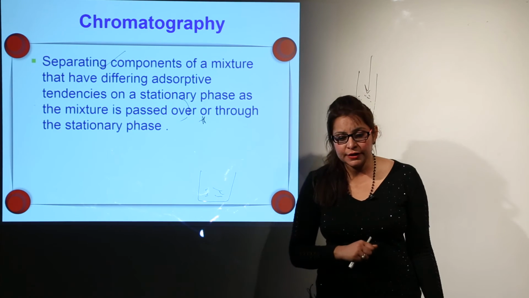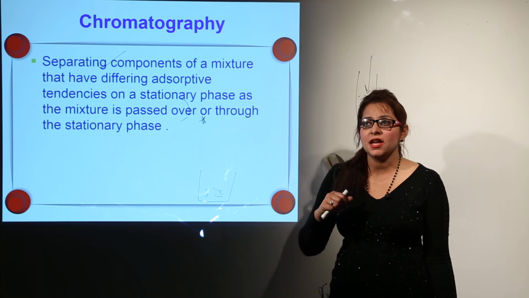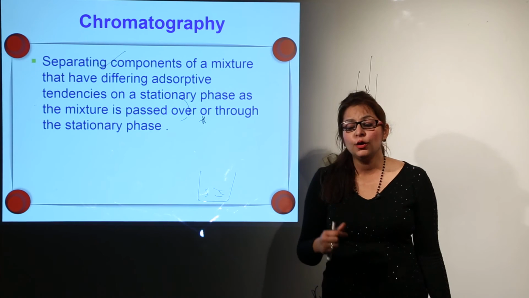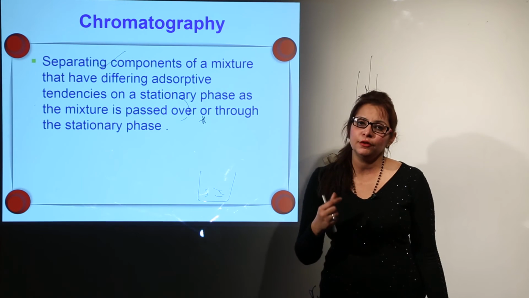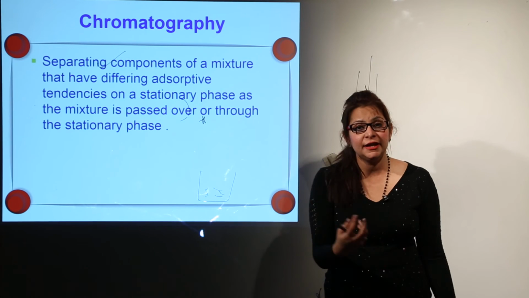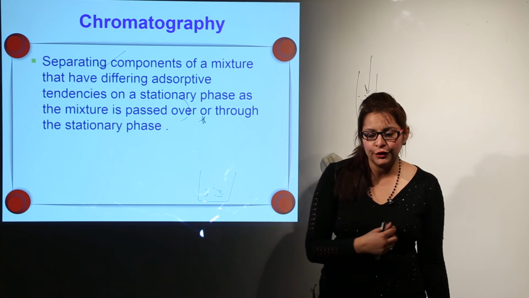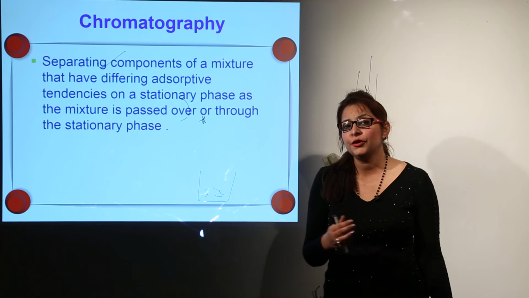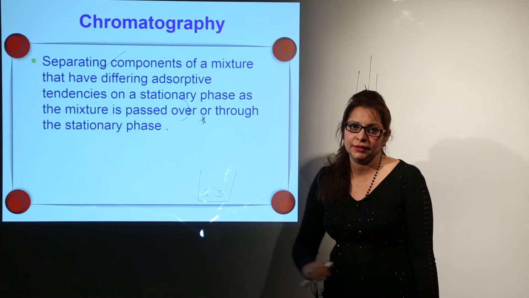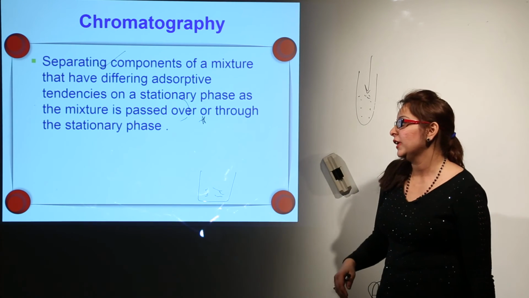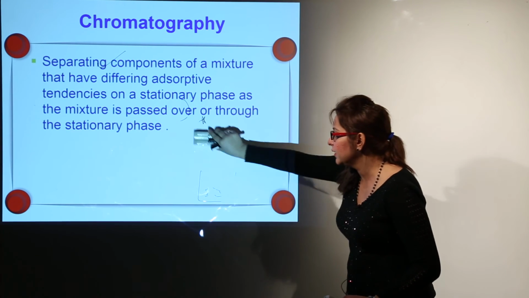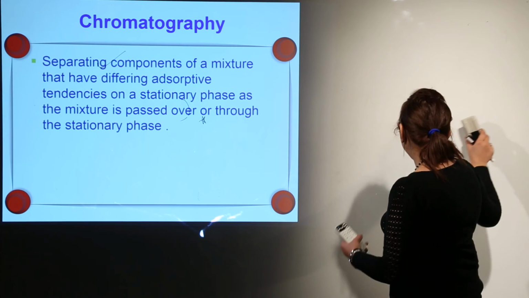Now, if we wish to separate different components from a single substance, for example ink, we know ink is actually made of different colored components. Similarly, the word dye can be used for it. If I wish to separate the different components of a dye, the method I will use is chromatography. What chromatography actually means, I am explaining with an example here, and then we will look at the figures that I have selected for you.